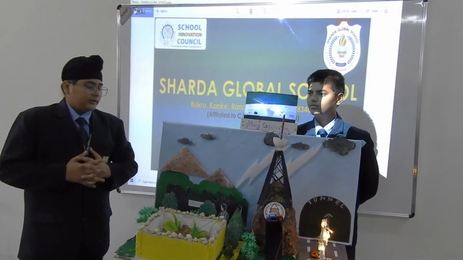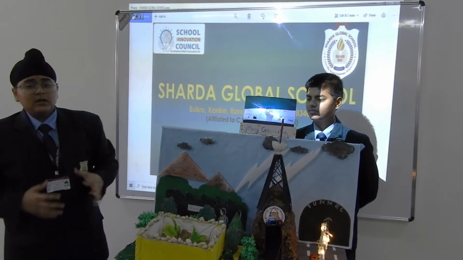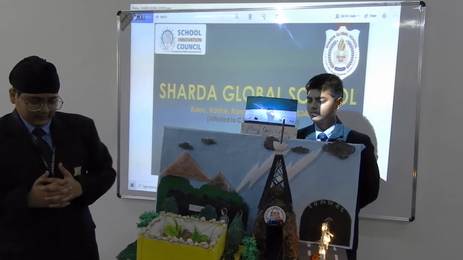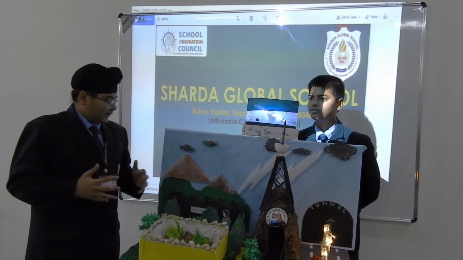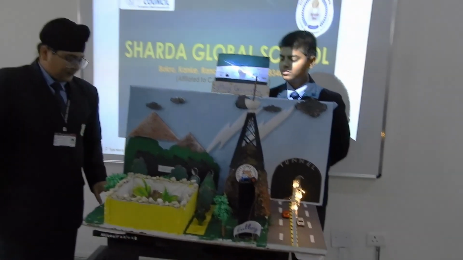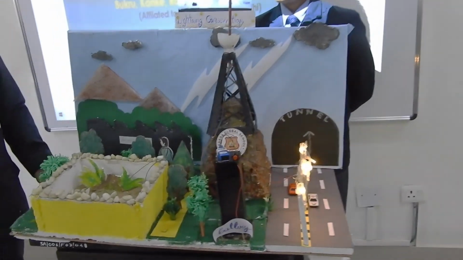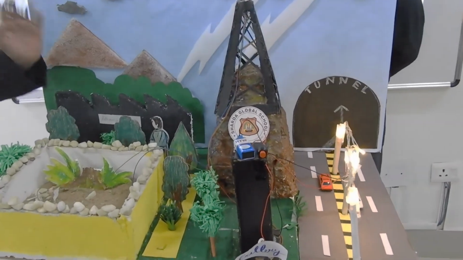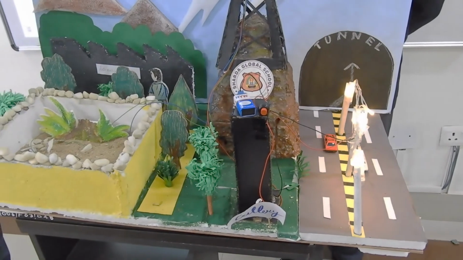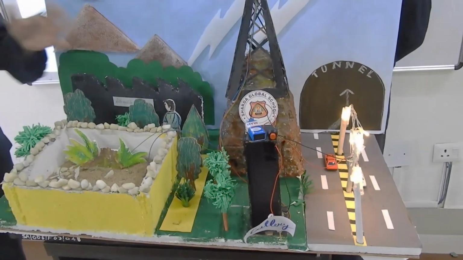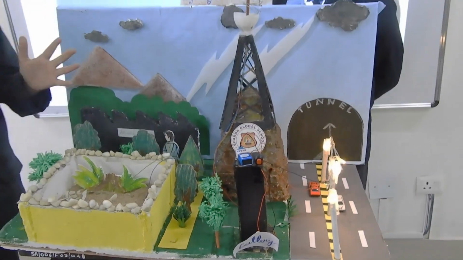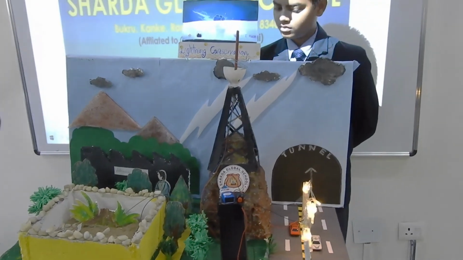The law of this project is the law of conservation of energy. The materials used are cardboard, switch, battery, sand, thermocol, some resistors, module, wire and iron wire, copper rod.